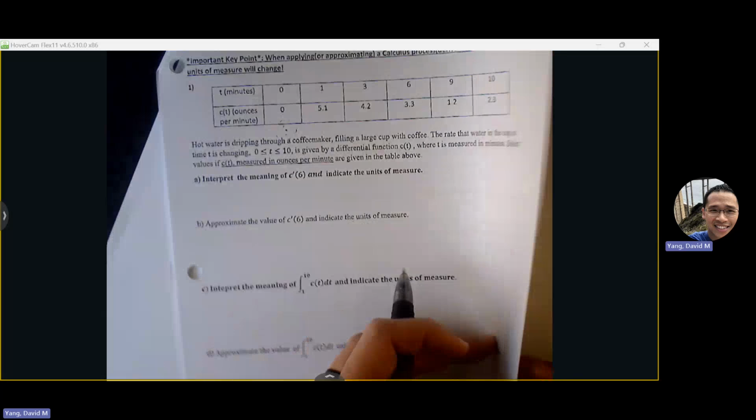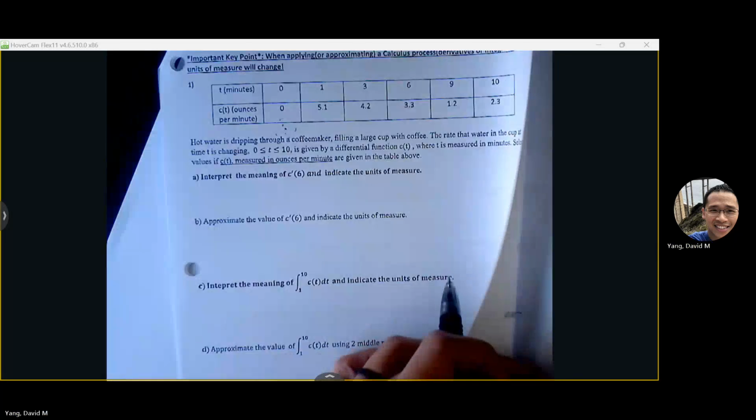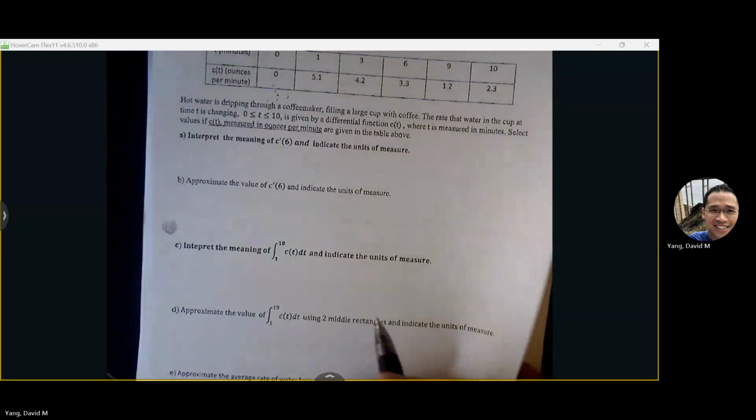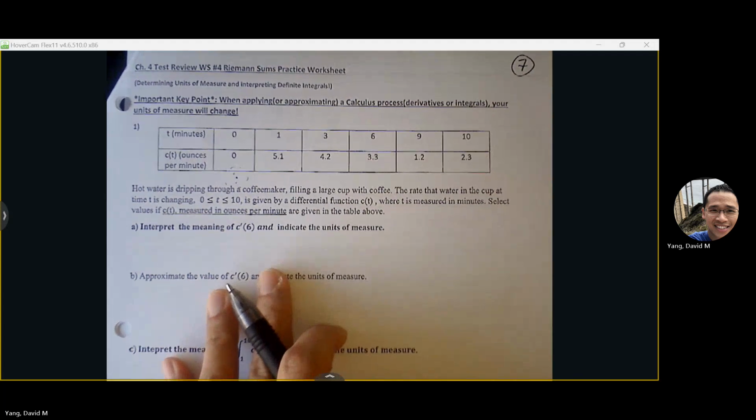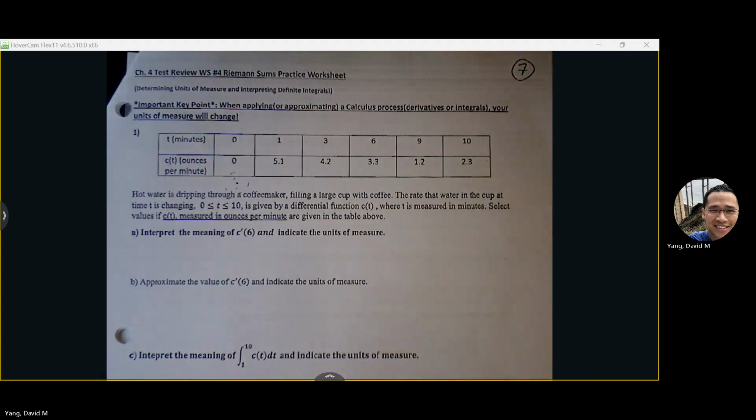Okay, let's look at a Riemann sums problem. This is page 8. All right, page 7, my bad, page 7. So with Riemann sums,